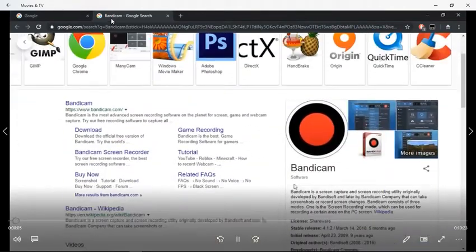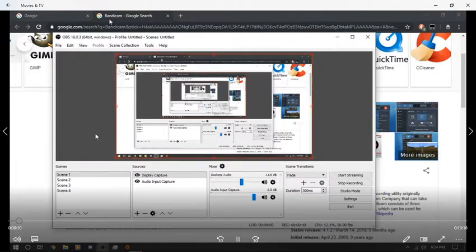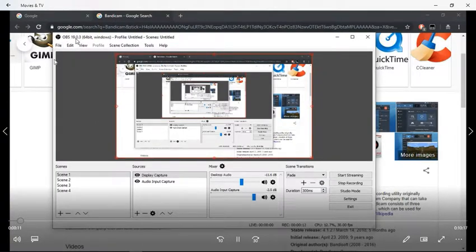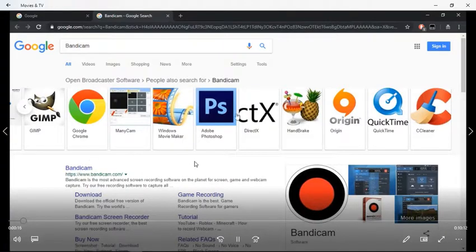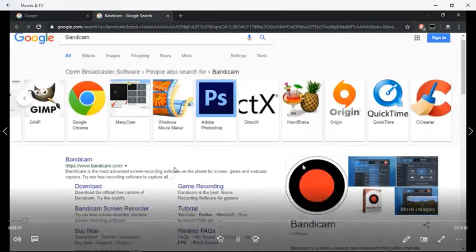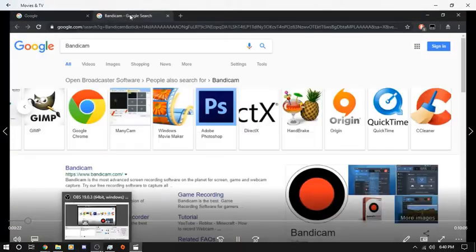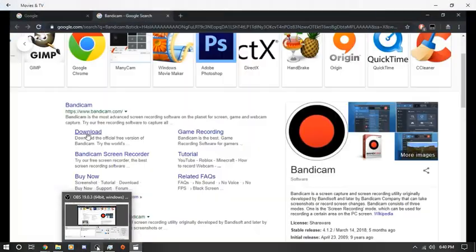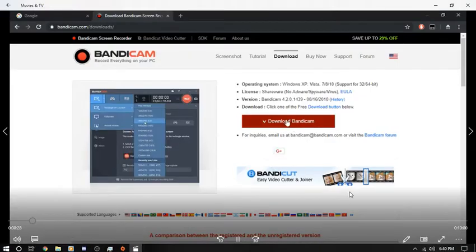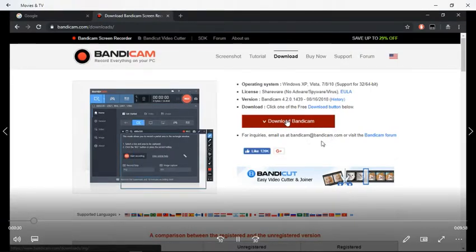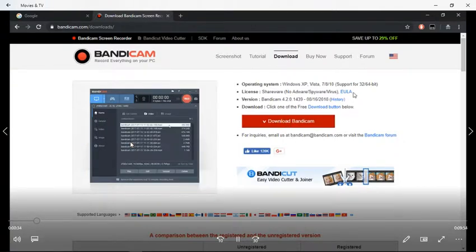So first of all, you have to go to Google, search up Bandicam, click on the download. I have OBS. That's the software I'm using. Open Broadcaster Software, I believe. Okay, then you want to download Bandicam. That's what you do. That 144 is the